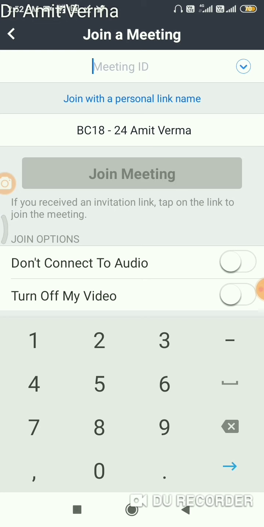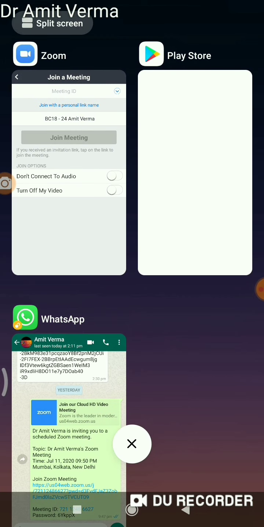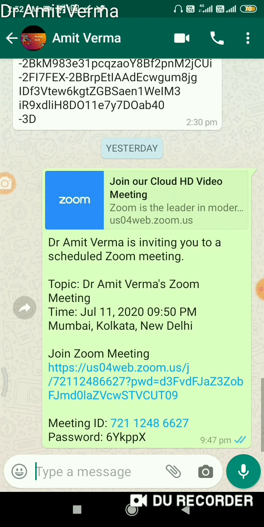The meeting ID and password will be shared in advance, before the classes. Means before the starting of the classes we will share the meeting ID as well as the password on your respective group.